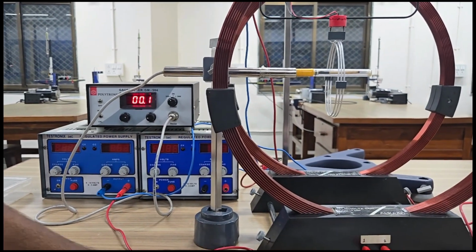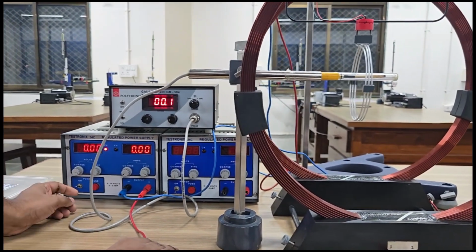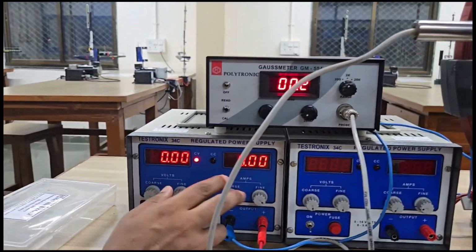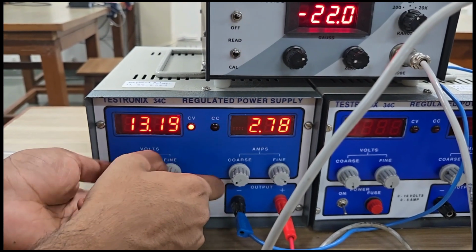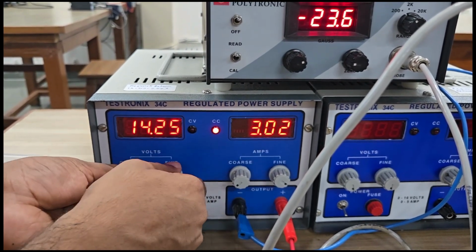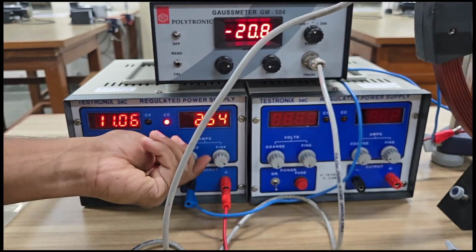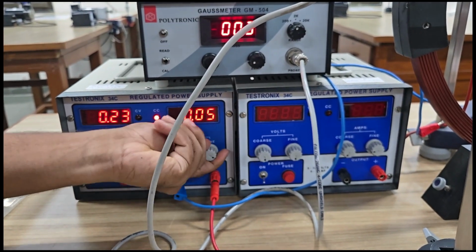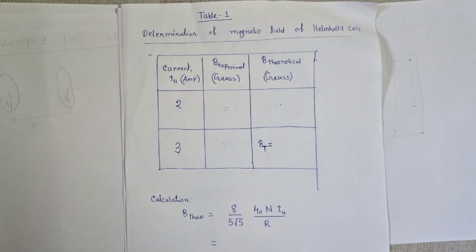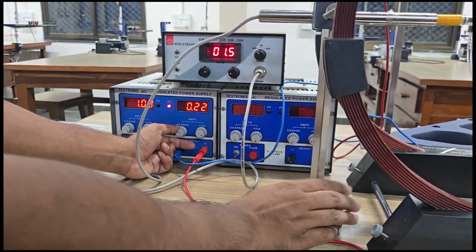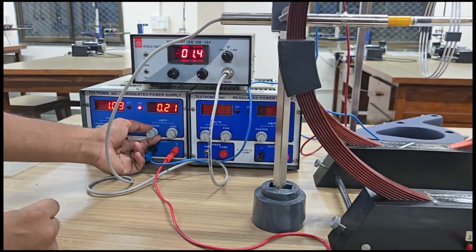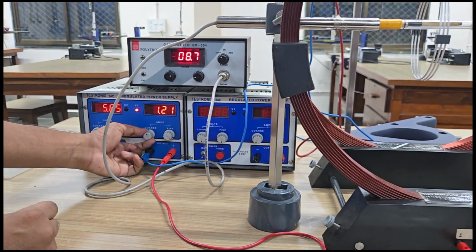Once this setup is done, you turn this on. There is this voltage knob and this current knob. You make this voltage knob to maximum, because you want to use the constant current mode. For table 1 you have to use 2 values of the current, which are 2 ampere and 3 ampere. So we will set this current to 2 ampere initially, and you also see this Gauss meter which is kept here. The Hall probe is also changing the value. So if you fix it to 2 ampere,